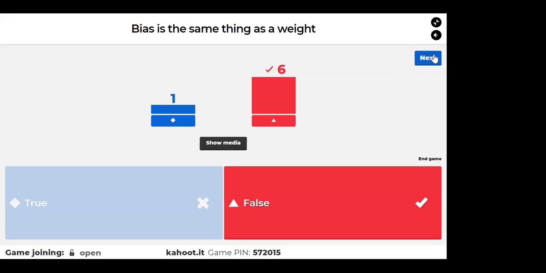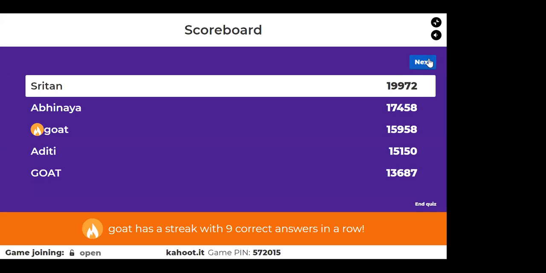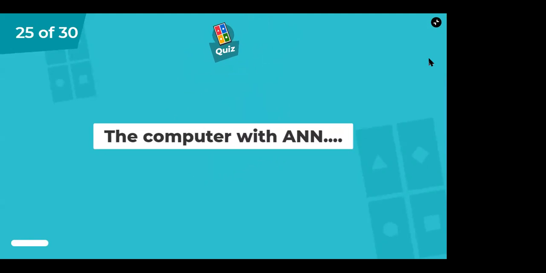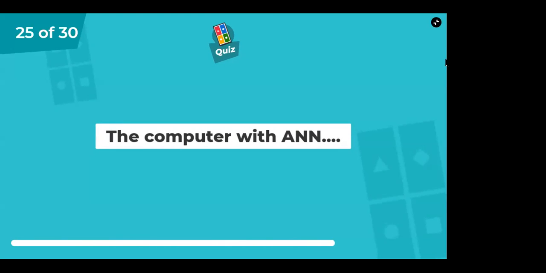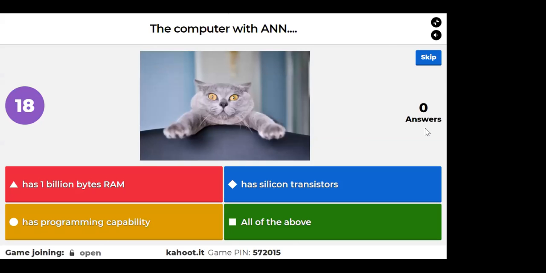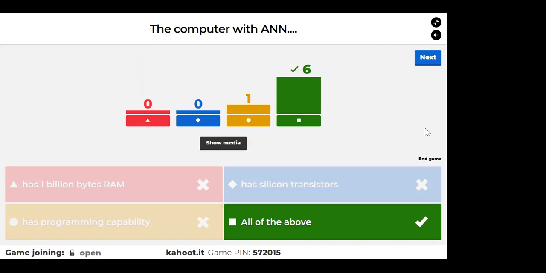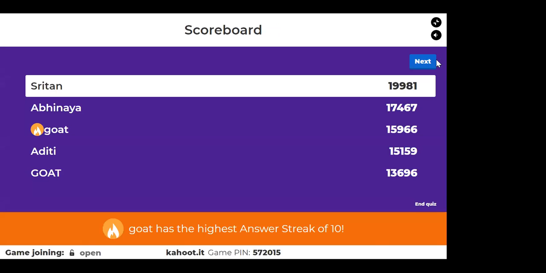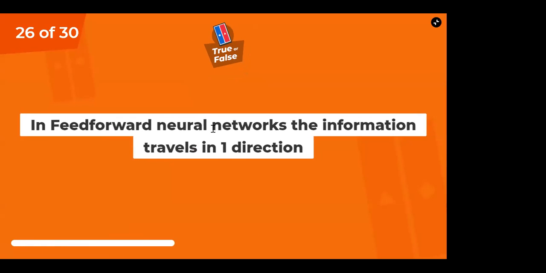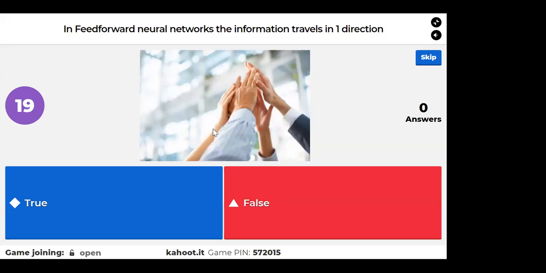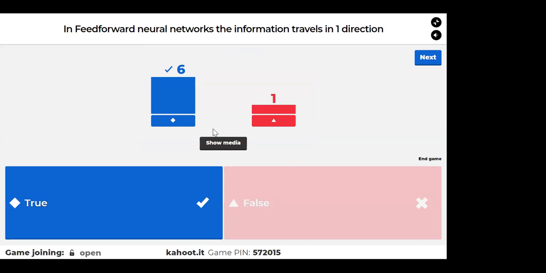It's not the same thing as weight, yeah. Yes, that's all of the above. Great. So in feed forward,